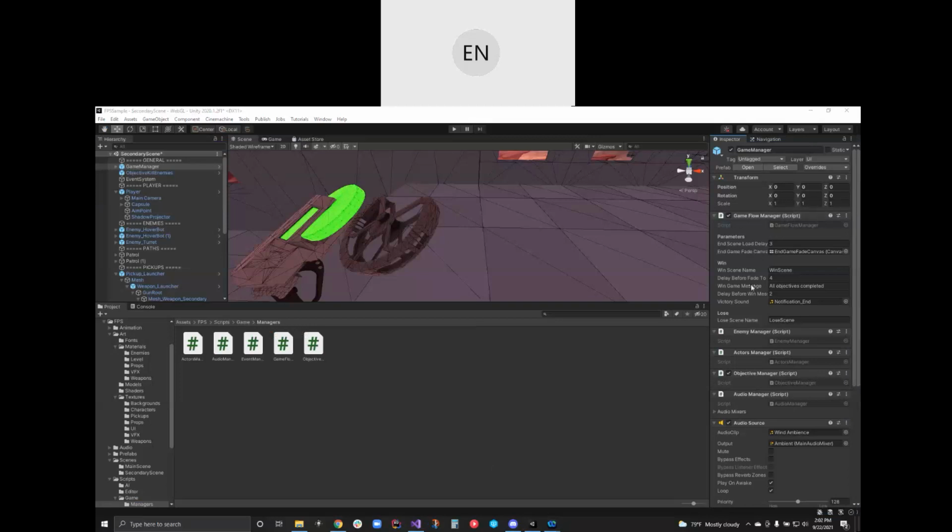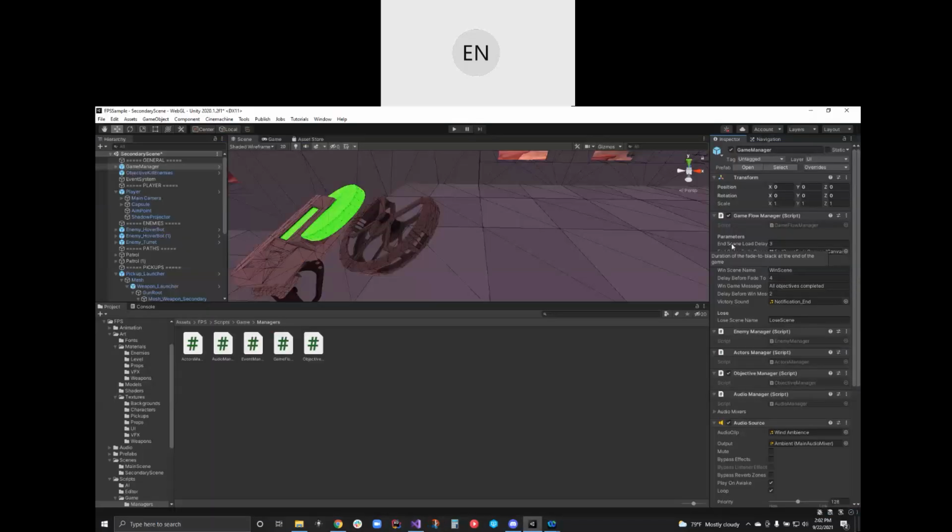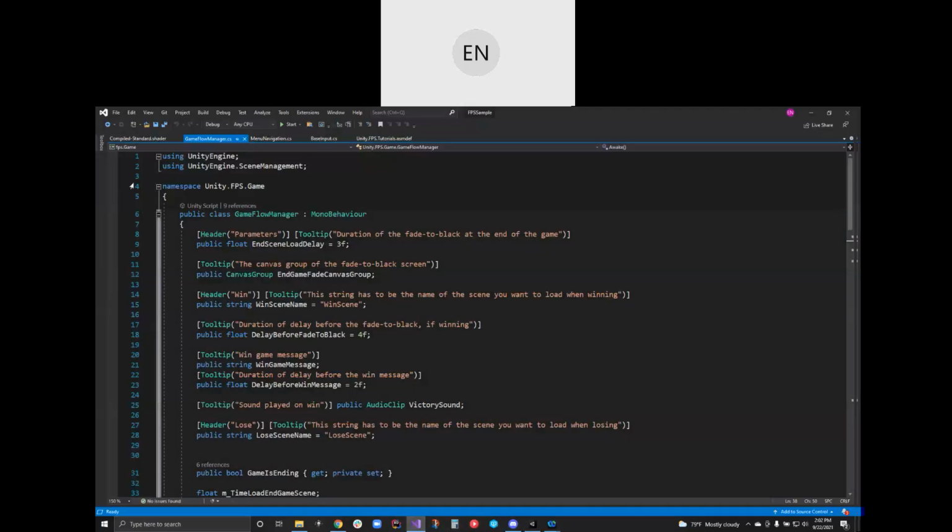over here, this game flow manager has a lot of properties exposed through the inspector, and it's nicely formatted. There's some headers in bold, there's some spaces, and what have you. That's what all this is: headers and tooltips. If I hover over stuff, there's the tooltip. End scene load delay has a tooltip of this. If you go back here, end screen load delay, there's its tooltip. And it's a header. The header above says parameter, and this thing has a tooltip. So these are all publicly exposed variables.